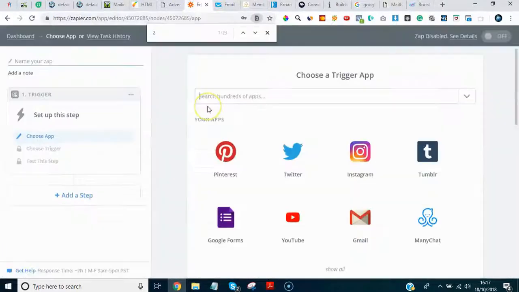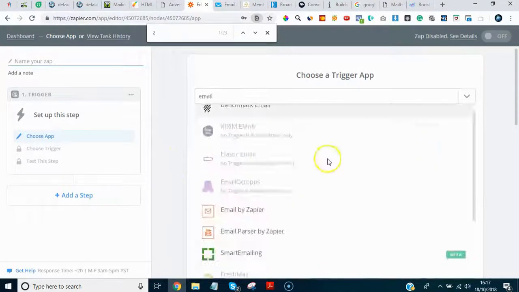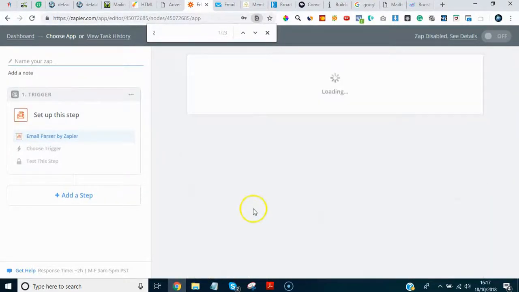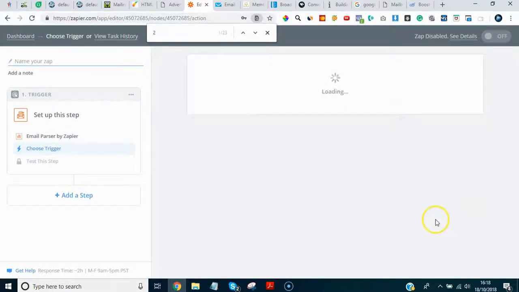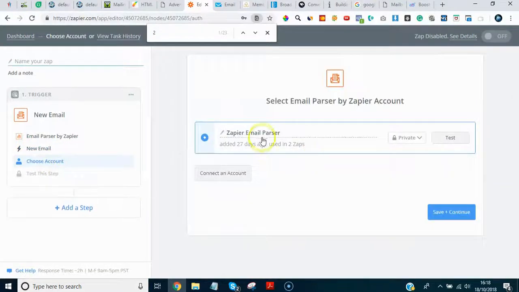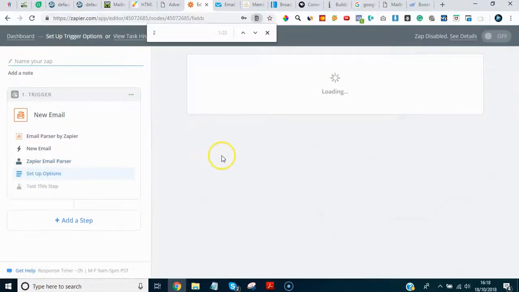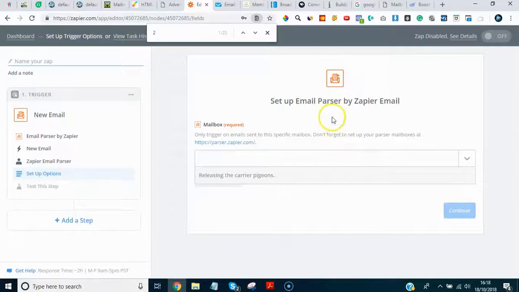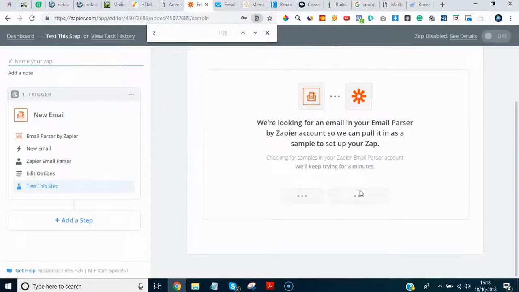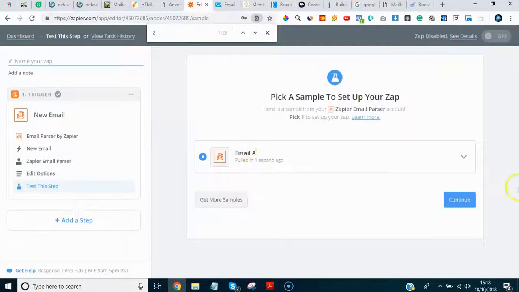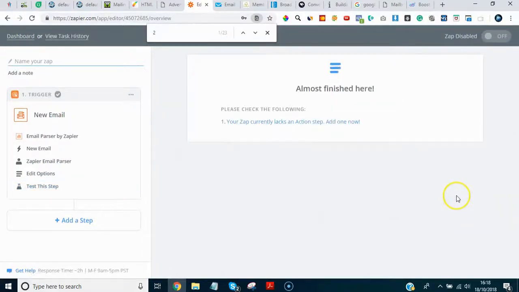Now come into Zapier, make a new Zap, the email parser. Let's run a new email. Zapier email parser, you'll have to connect that if it's your first time doing it. So pull in samples, email A, continue, and then add a step,